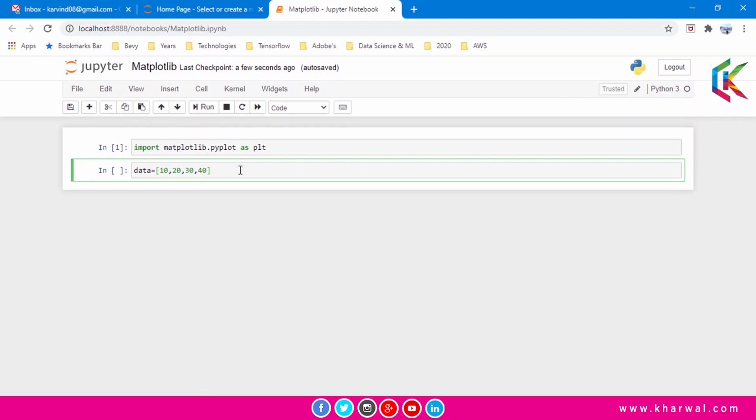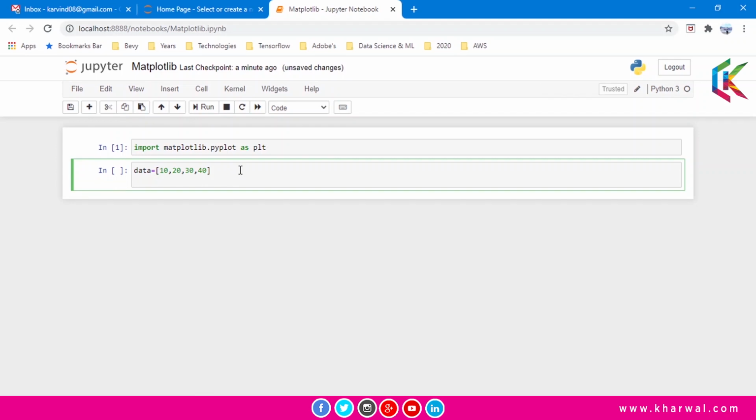Now let's create the names for these brands. I have four brands: Hero, Honda, Bajaj and Bullet. 10 bikes of Hero are available, and 20 are from Honda, 30 are from Bajaj, and 40 are from Bullet.